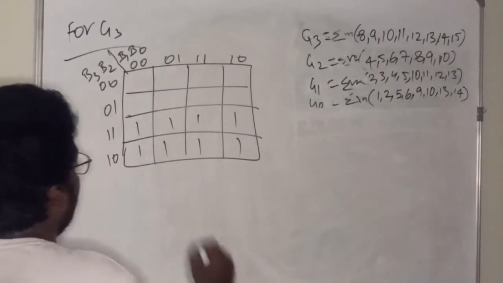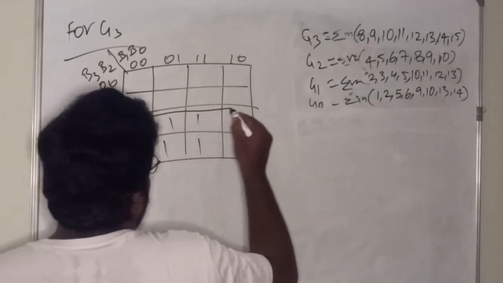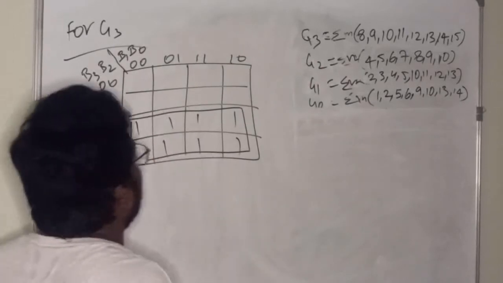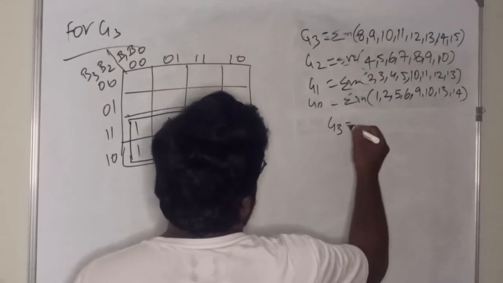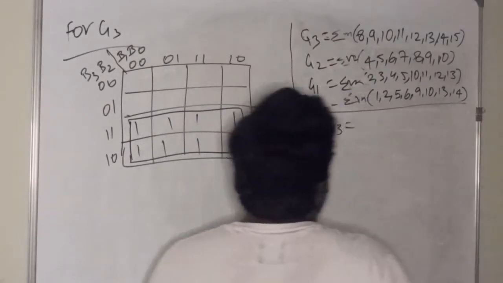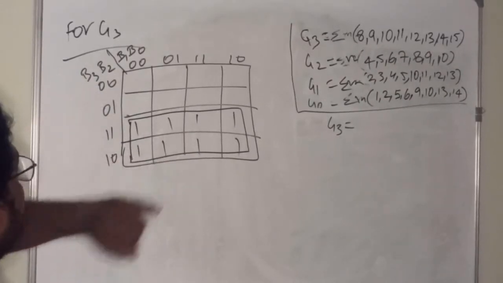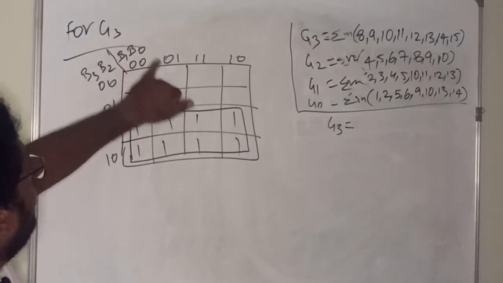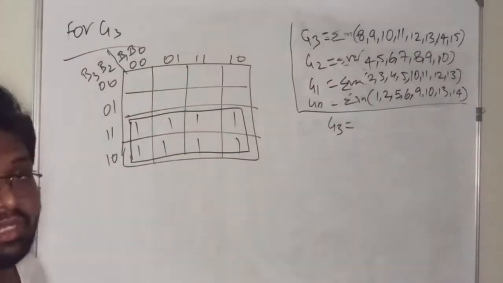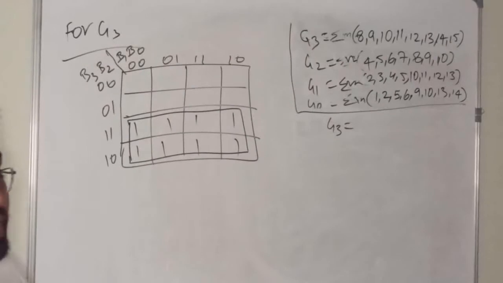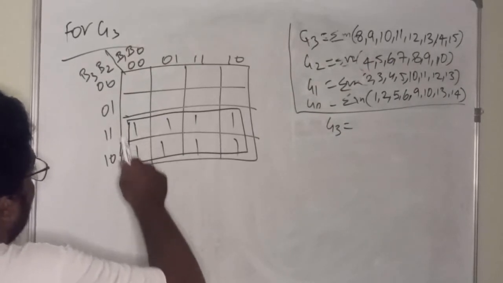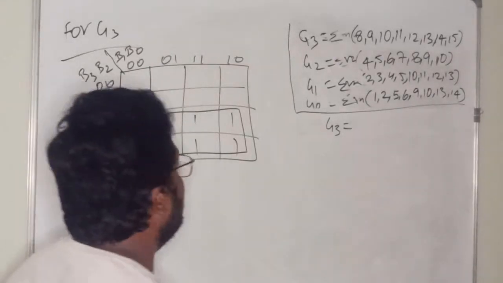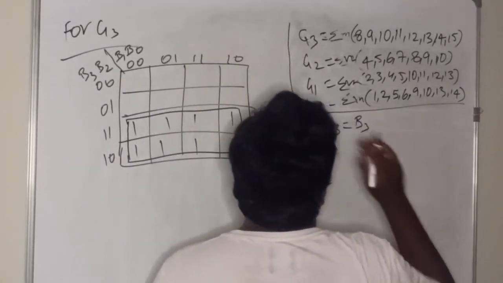So from this I can form a quad. See, I have formed a quad. So now we can get G3 equals to, these are the expressions, right? So from G3, if you observe here, for B1 and B0, the values are changing, from 0 to 1, from 1 to 0, they are varying. So we need to eliminate B1 and B0. In this side, B2 is also varying and B3 is constant. So G3 is equals to B3, right?